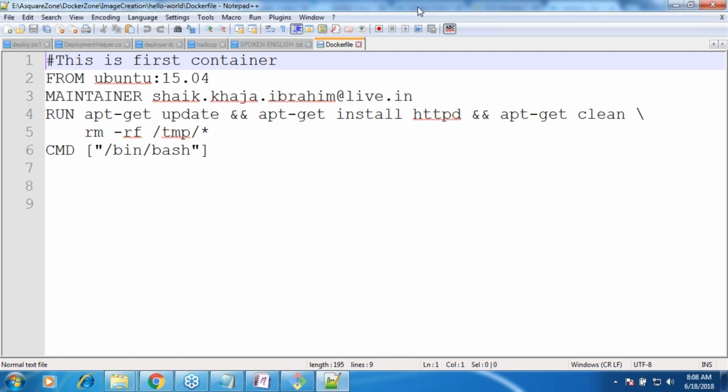So any Docker image will have something which looks like this, and there will be many other things like ENV, PORT, EXPOSE. There will be a lot of stuff, and the FROM, the MAINTAINER, the RUN, the CMD, whatever you are using there has a specific meaning, and those are called instructions. In a Docker file, we add instructions and our custom steps to form an image.